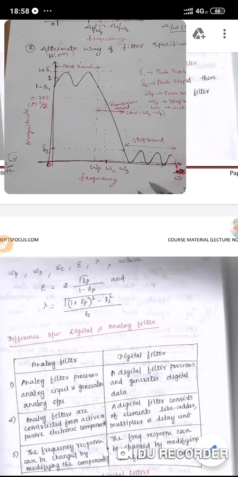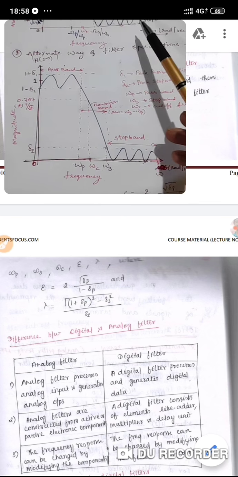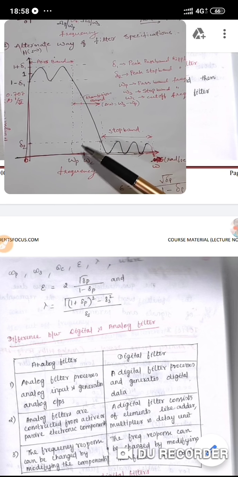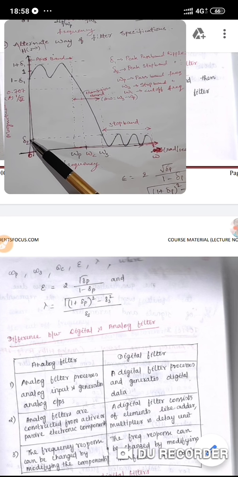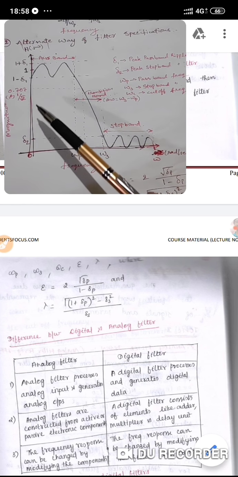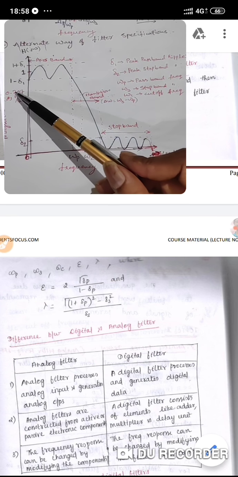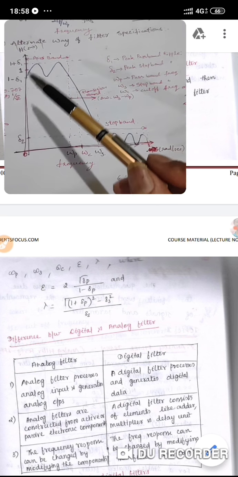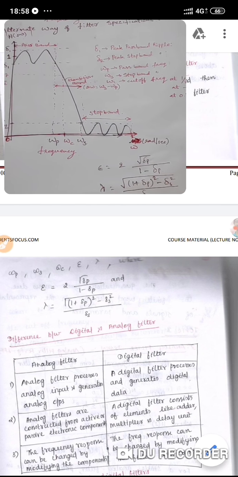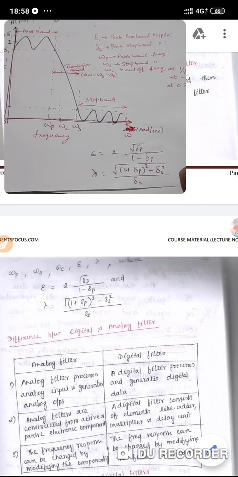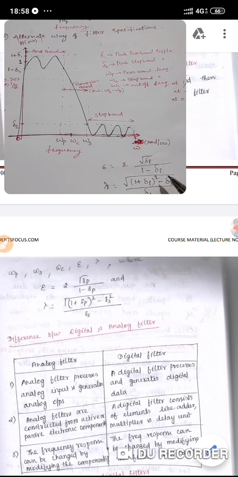Here also, in the same way, we have defined the same specifications for the stop band frequency. Here we will take it as delta 2, and 1 minus delta 1 is equal to 1 by root over 1 plus epsilon square, or you can get the epsilon from delta